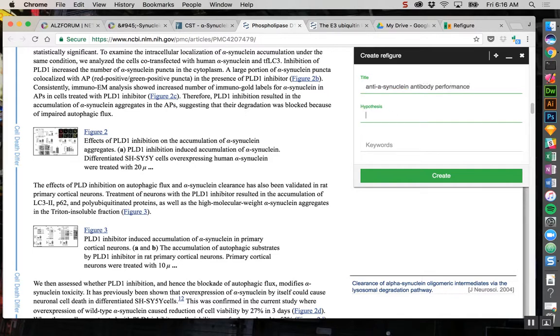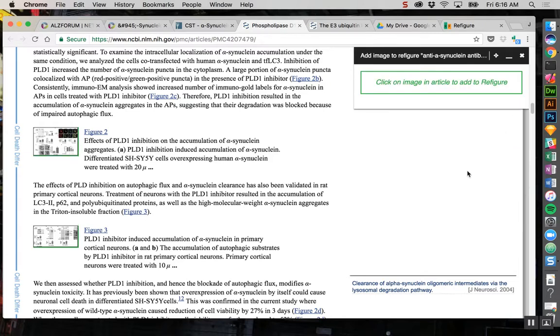I can also expand upon this short title with a hypothesis or specific question I'm seeking to answer, and I can also tag it with some keywords. In this case, we're talking about a polyclonal antibody. Once I've filled out this information, I click on the Create button, and now we're immediately ready to add figures